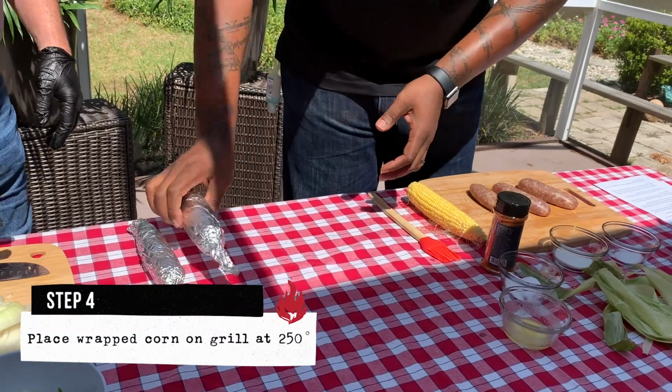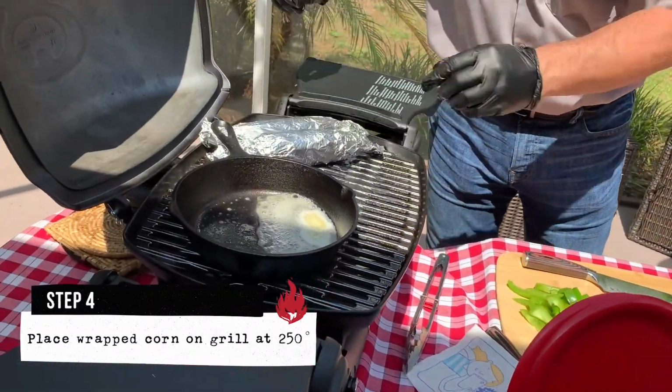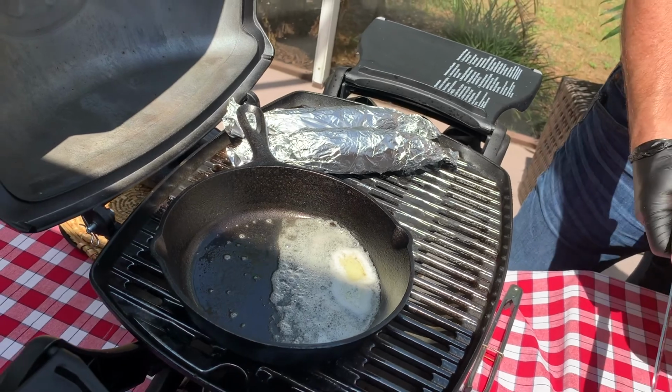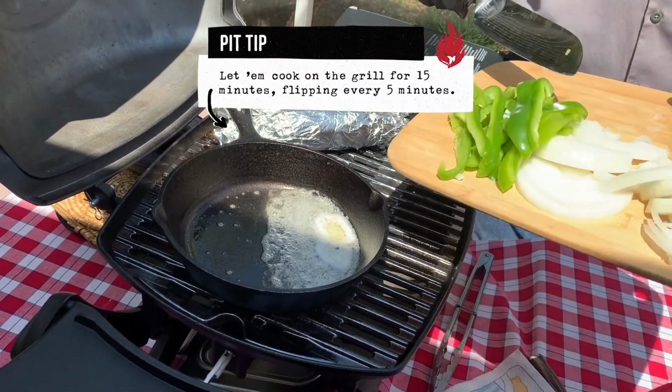Jim, can you put these on that grill for me, please? All right. Jim's putting those on the grill. It's gonna take them probably right around 15 minutes. You wanna continuously flip them after every 5 minutes. That'll be great. And as you can see right here, we got a cast iron skillet getting hot on the